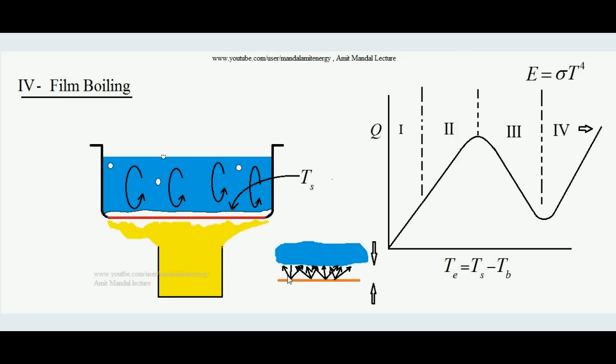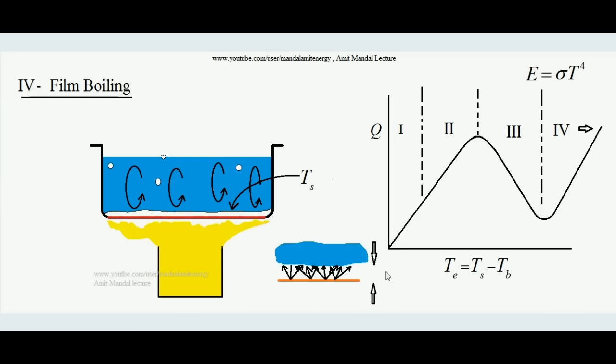The reason is, see, this is the magnified view I am showing, a surface over which there is liquid water and between them there is some vapor film. So what is happening is that heat transfer is occurring due to radiation now. Radiation heat transfer is taking place because the vapor itself is not a very good conductor of heat. However, some convection is also happening with the help of that vapor, but mostly the heat is transferred by the mode of radiation, meaning this surface is radiating toward this liquid.